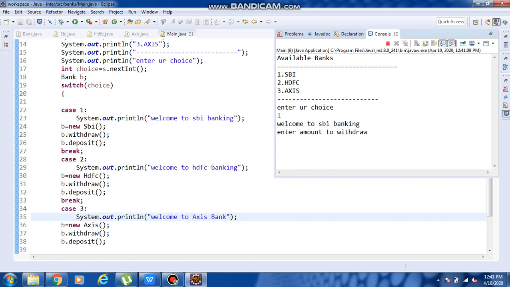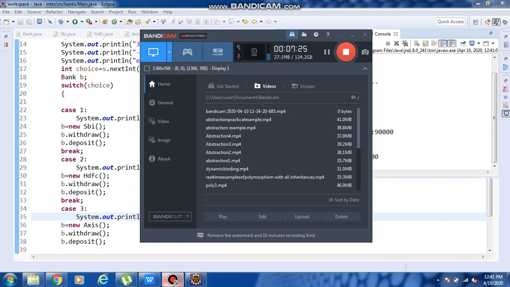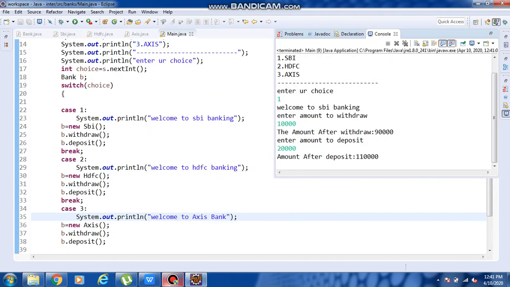It is asking, enter amount to withdraw. Now I am entering 10,000. Again it is displaying enter amount to deposit. Now I enter the deposit. After depositing it is printing only SBI properties.